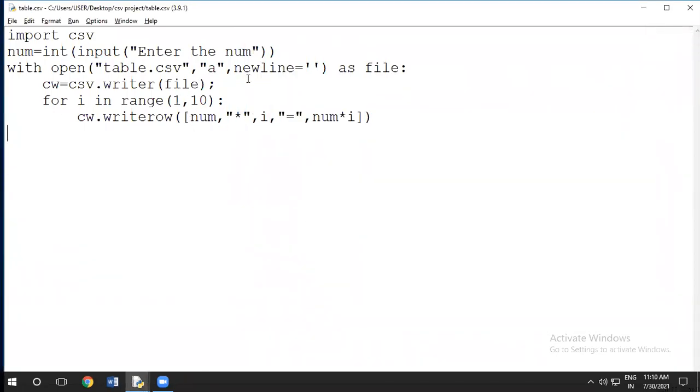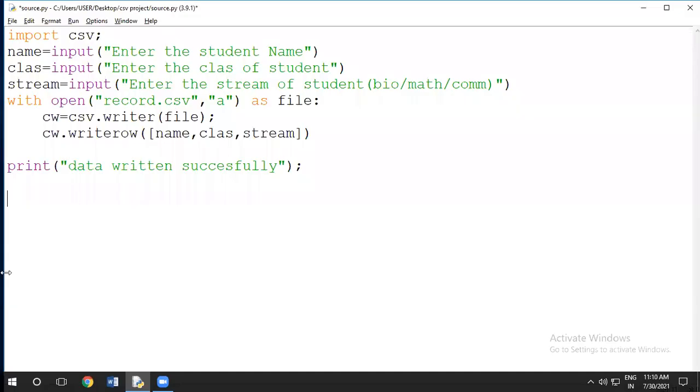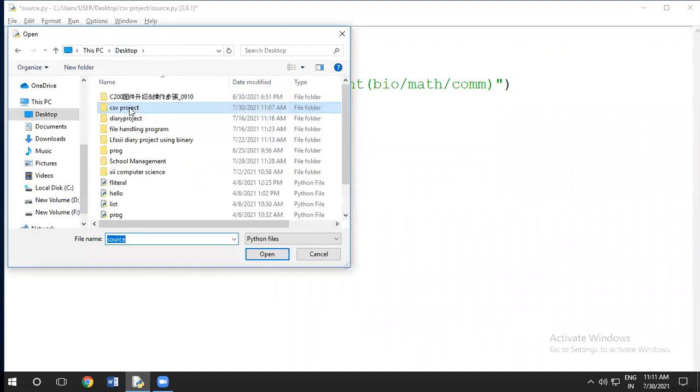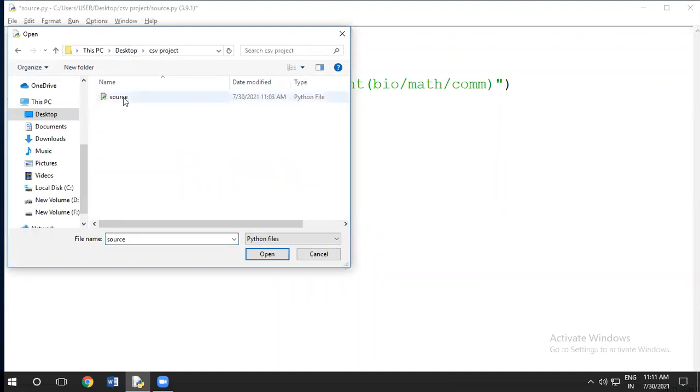Some problem is being created by the compiler here. Okay, so I want to open the place where we have saved that file.